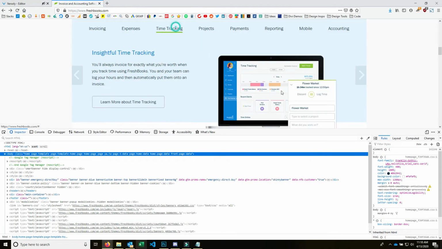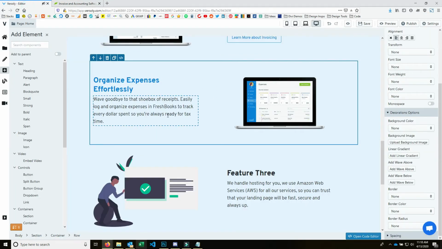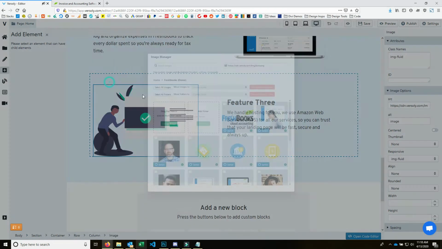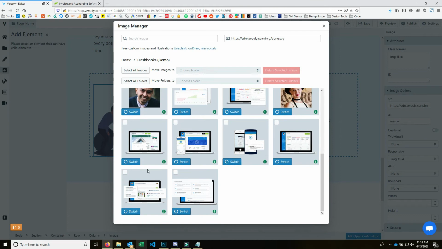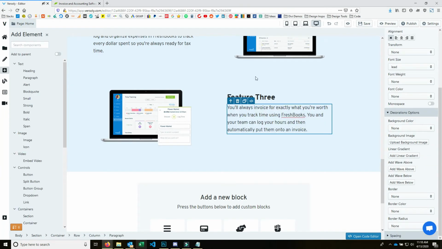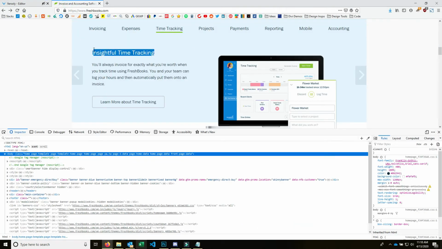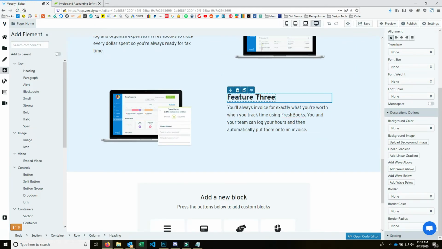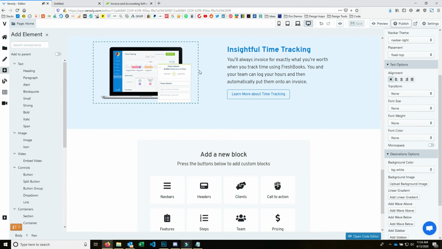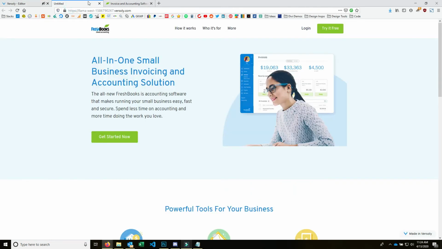And I'll do time tracking as the last one. Time tracking looks like this one. No, this one. Sorry about that. I had some background noise I had to cut out. But yeah, so I just did 3 of them here. So we'll go right back